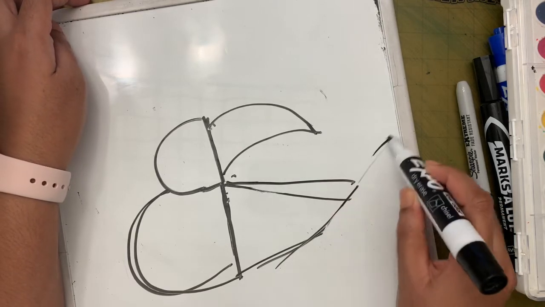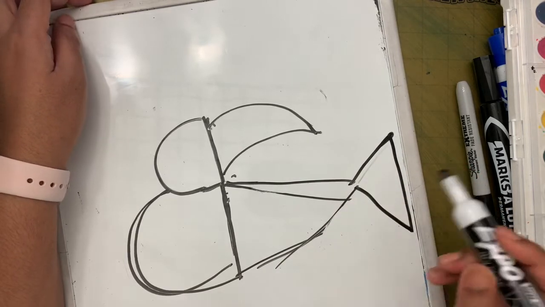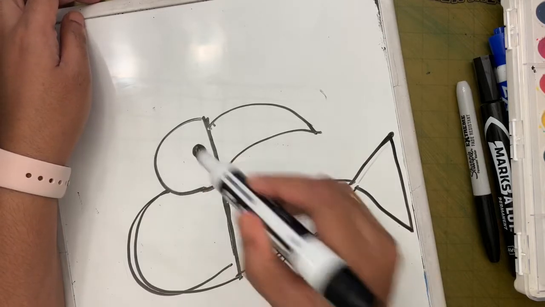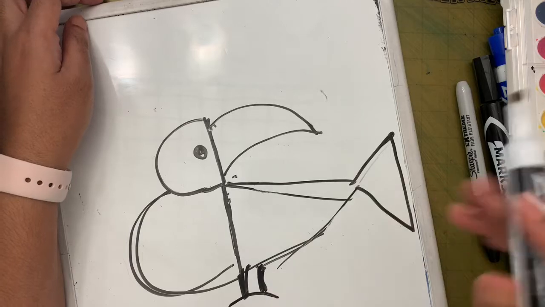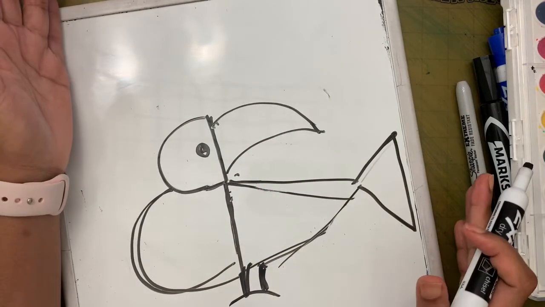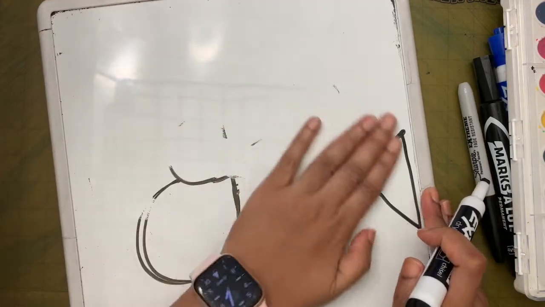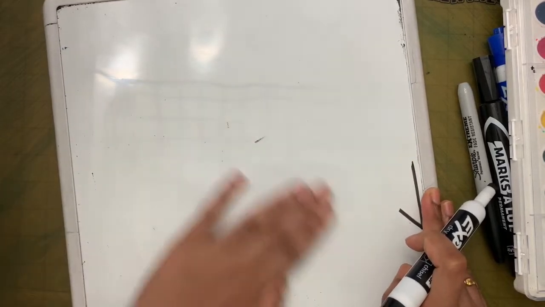Triangle, and then there's the tail. The bird is looking this way. That is one way you can draw a bird. Another way he has done this bird is